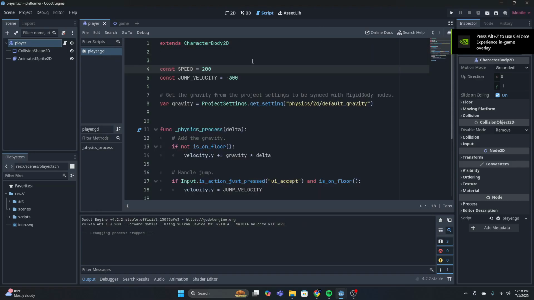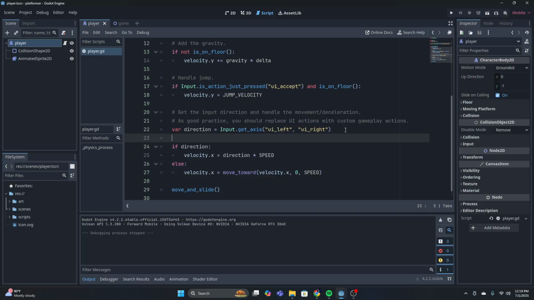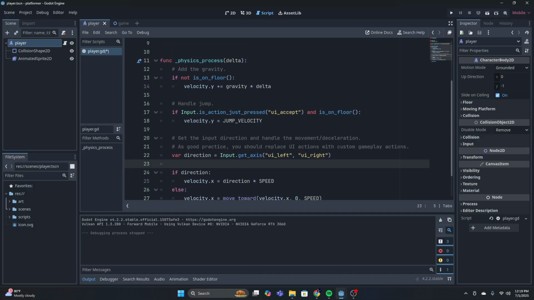Now that we've done that, we're going to get into finishing our character script here. So first thing that we need is to put to use all those animations we made earlier. So what we're going to do for that, right under this, we're going to put if direction